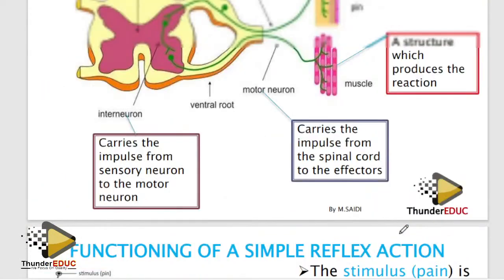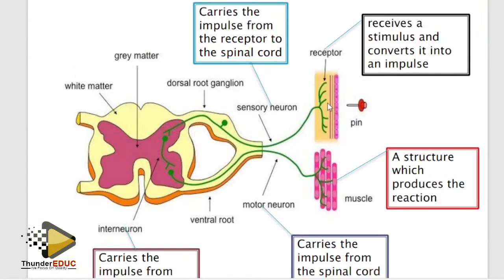If they ask you the transmission of the impulse, you just start with the receptor, tell us the function, receives the impulse and then interprets it. Then talk about the sensory neuron, tell us the function, transmit the impulse. Talk about the connector, function, motor neuron, function. That's it. Just part, function in the order.